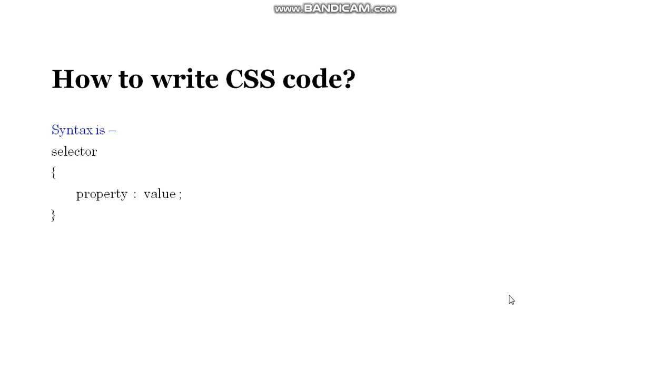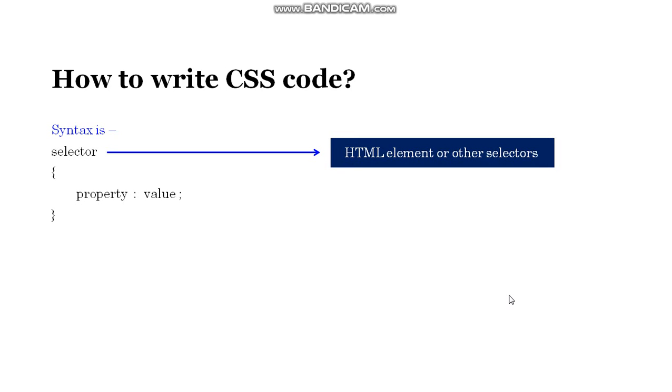This selector can be any HTML element or any other selector. HTML element means that can be H1, P, UL, etc. There are also other selectors we can use in CSS, which can be used according to our need. That I will explain in my next videos.